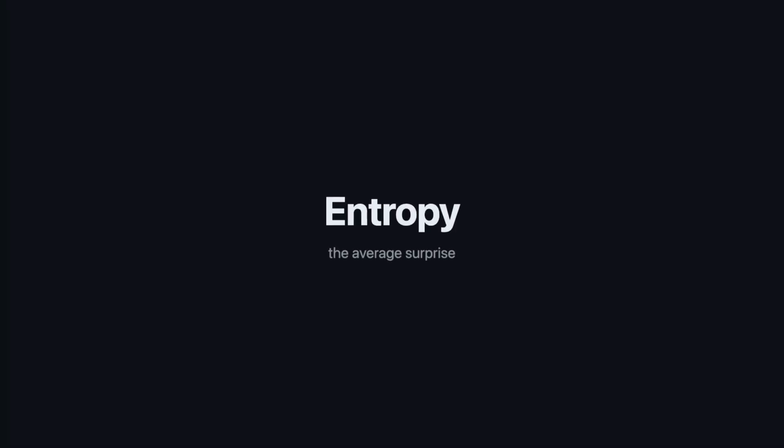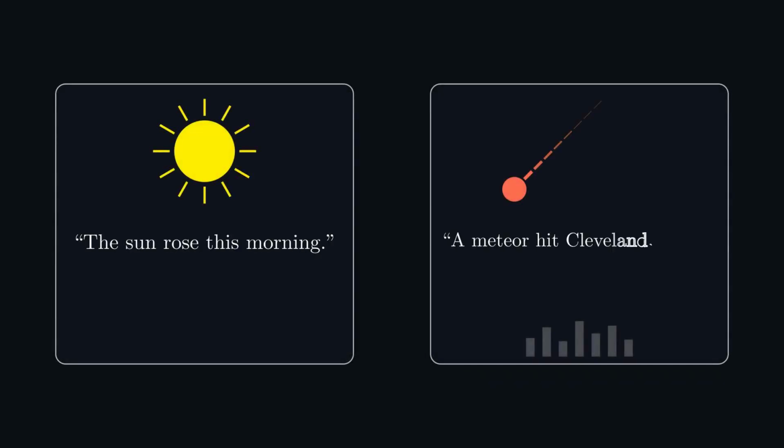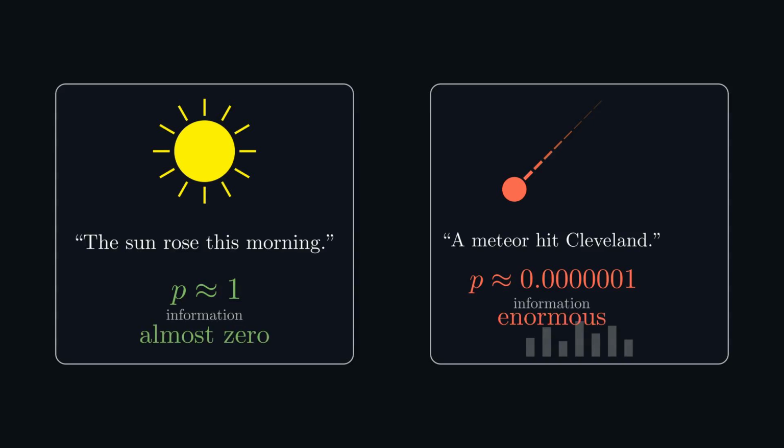Entropy is the average surprise. Consider two headlines. The sun rose this morning. Almost certain. Almost no information. A meteor hit Cleveland. Wildly unlikely. Enormous information. So information is something like surprise. Rare events carry a lot of it. Common ones carry almost none. That's our starting principle. Whatever measures information has to grow when probability shrinks, and we need to pin down the